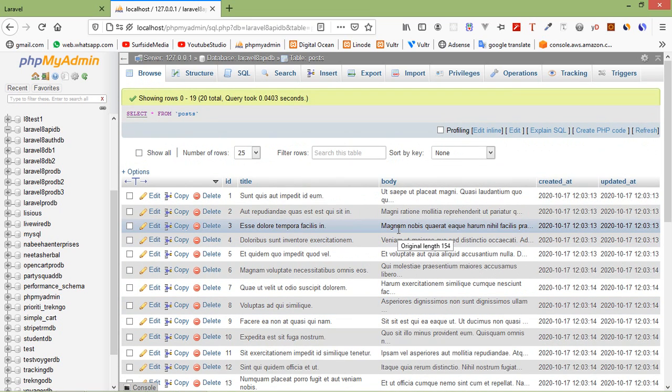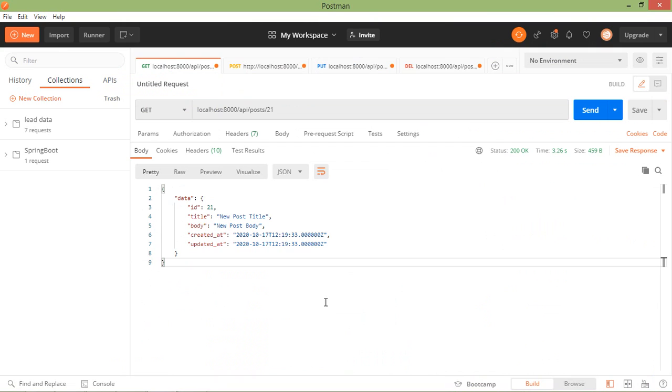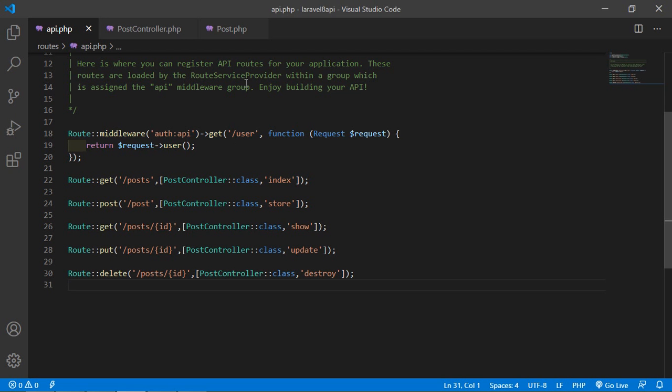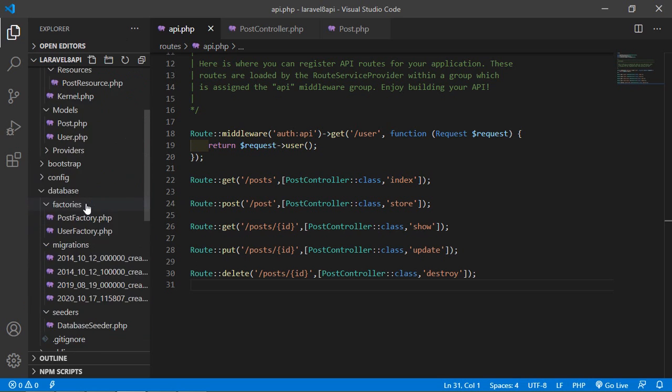Now let's see how we can customize the response. If you want to get only ID, title or body, not created at and updated at, you can customize the response inside the post resources.